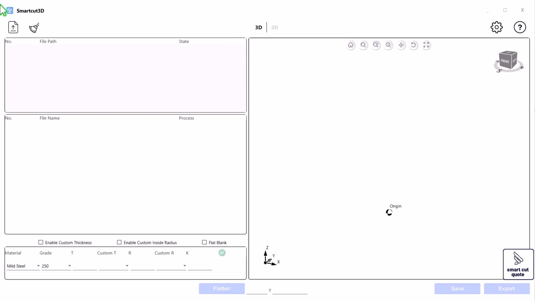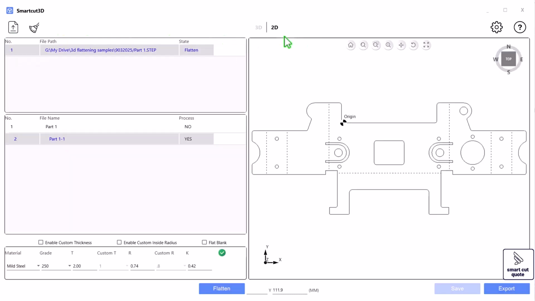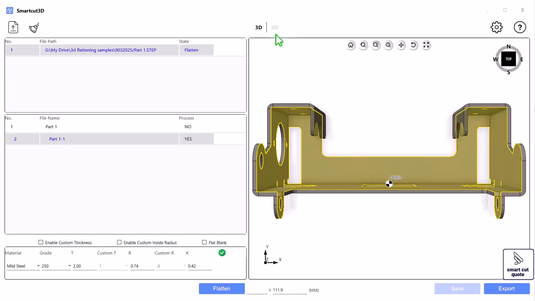The user interface includes several key functions. The Add Files button allows you to upload 3D step files, including both single parts and step assembly files. The Clear Files button removes all loaded files from the workspace. The 3D, 2D toggle buttons switch between a 3D view and a 2D flattened view, making it easy to inspect